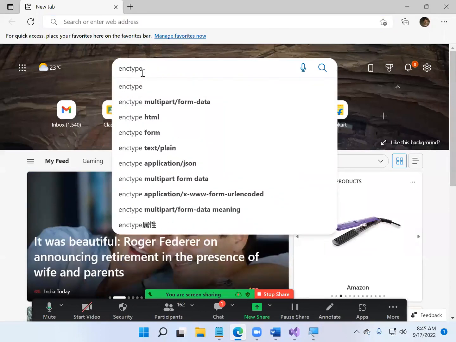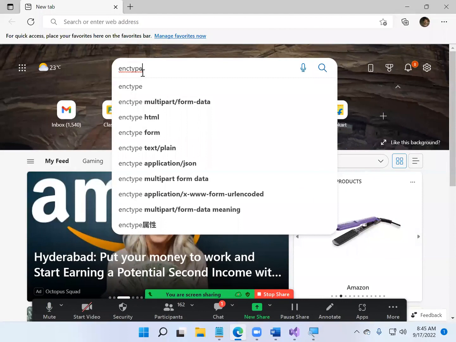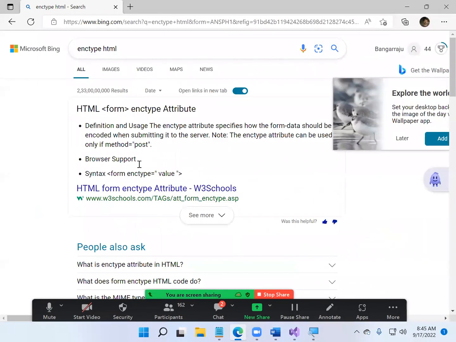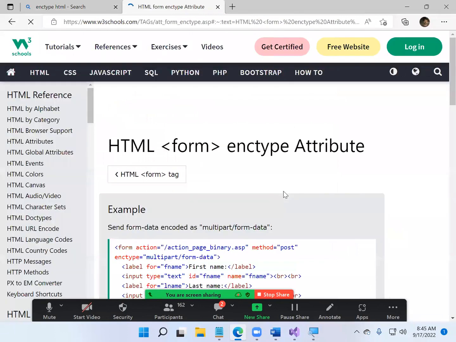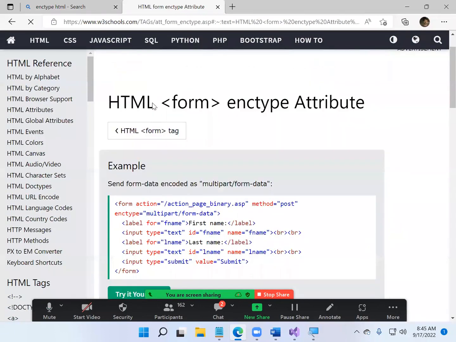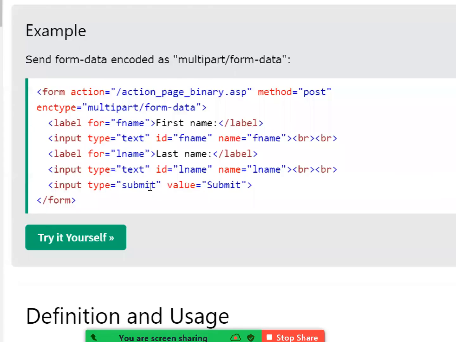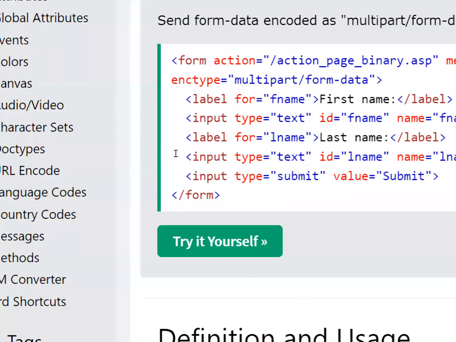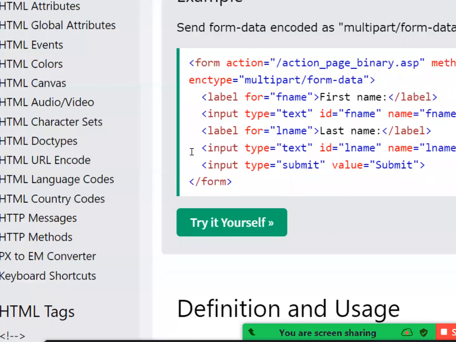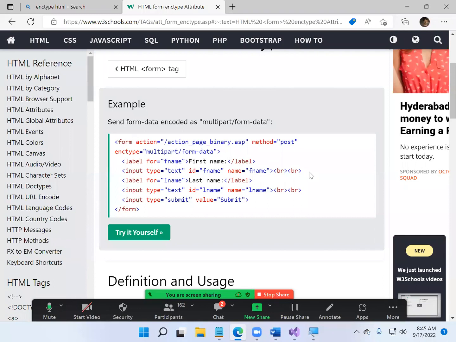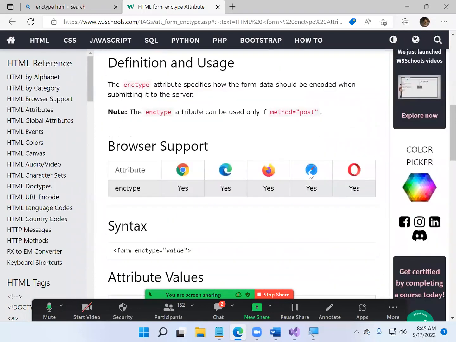ENC type. If you Google it, it'll tell you the HTML form encryption type attribute will be there. So multipart form data. Generally we just use this particular thing whenever you want to upload any images